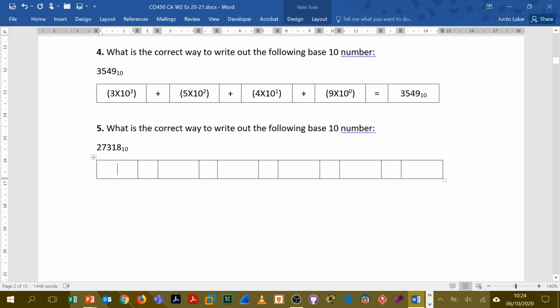So this would be 2 times 10 to the 4, plus 7 times 10 to the 3,